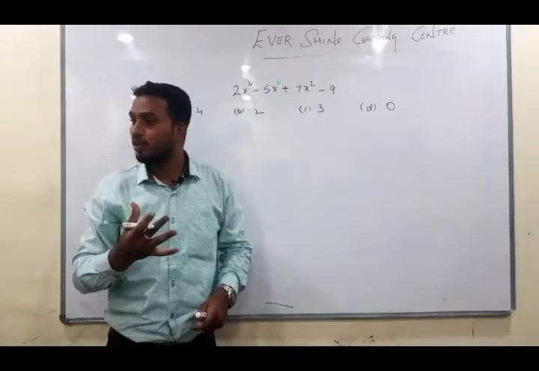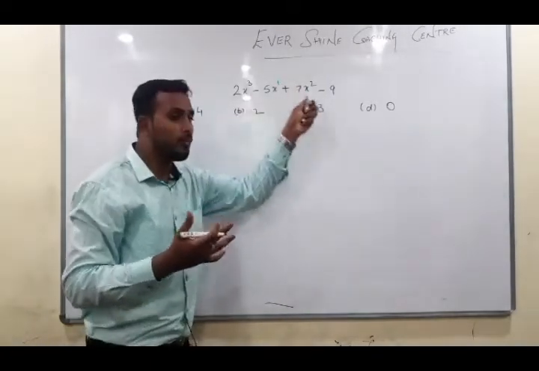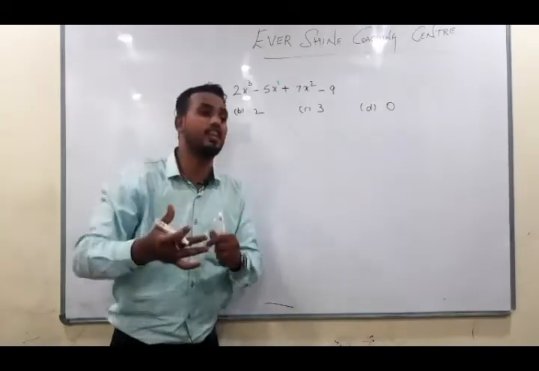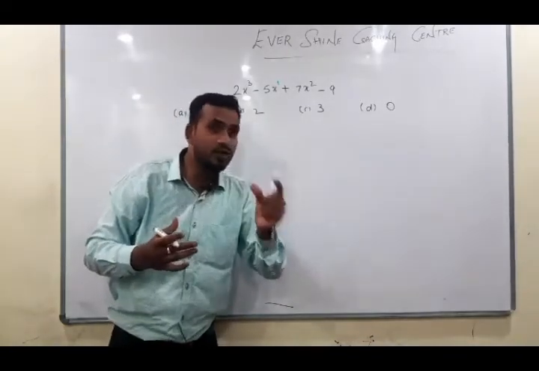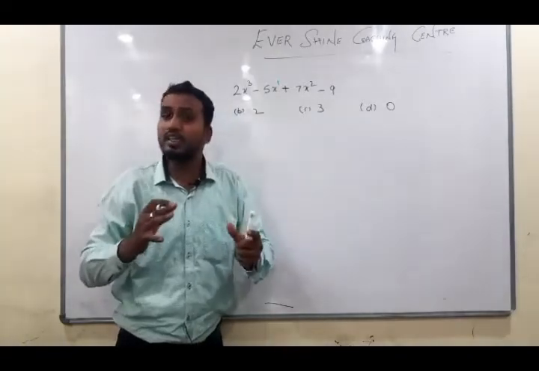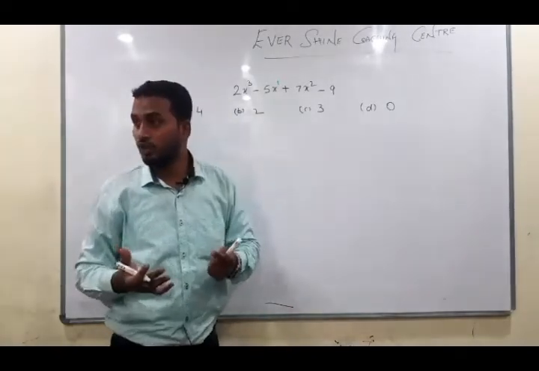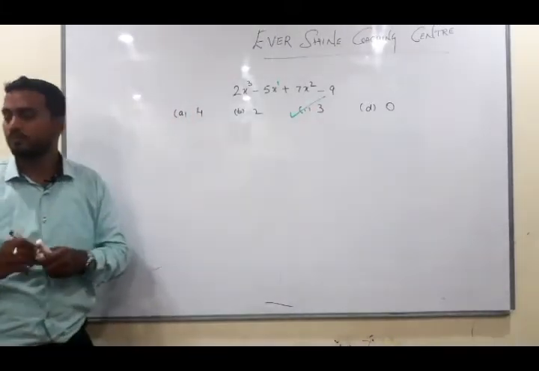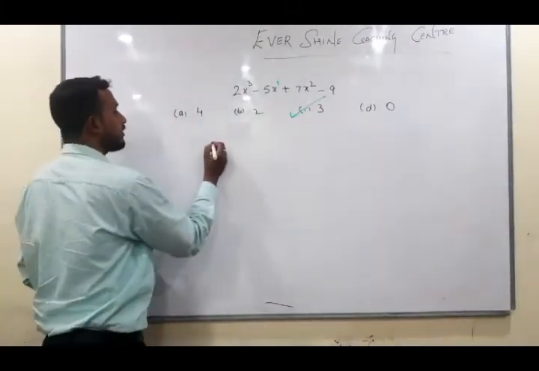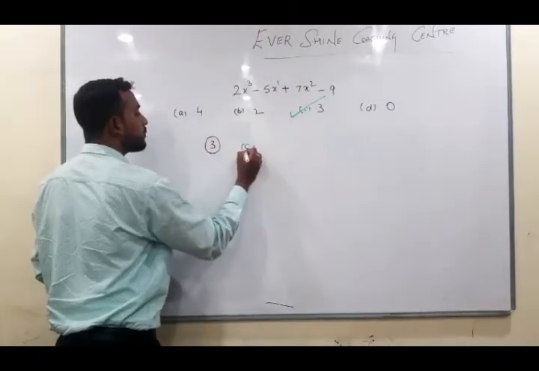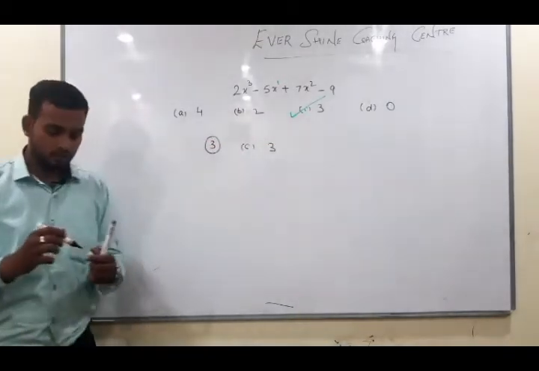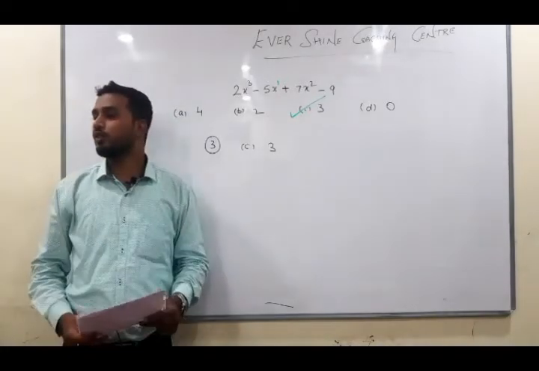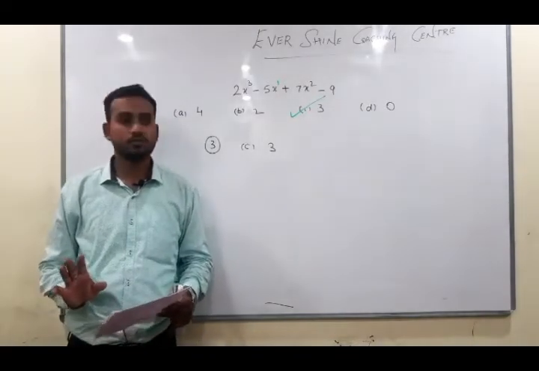समझ में बेटा? इसके अंदर 3, 1, 2 में सबसे ज्यादा बड़ा नंबर कौन सा है उसे हमें बोलते हैं डिग्री. That is highest degree. They don't give the words highest degree, they will ask you degree. That means it is highest degree. Understood? So in this, what is the correct answer? Option C. So here we can write question number 3, option C, 3 is the correct answer. Understood? Concept clear? What the concept?